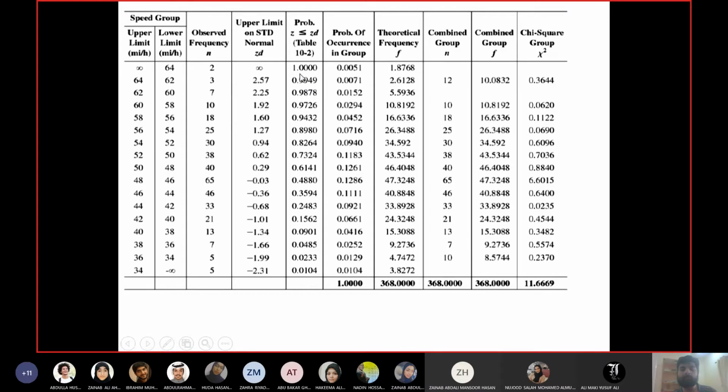Why? Because it is more than the value given in the table. Okay, and why? Because the values in the table are cumulative probabilities and the last one is 0.9998. So if you go more than that, it will become 100% or 1. Then, in this column, if you have any value which is more than 3.49, 3.49 is the highest value given in the z table, so any value which is more than 3.49 in this column will have a probability of 1.